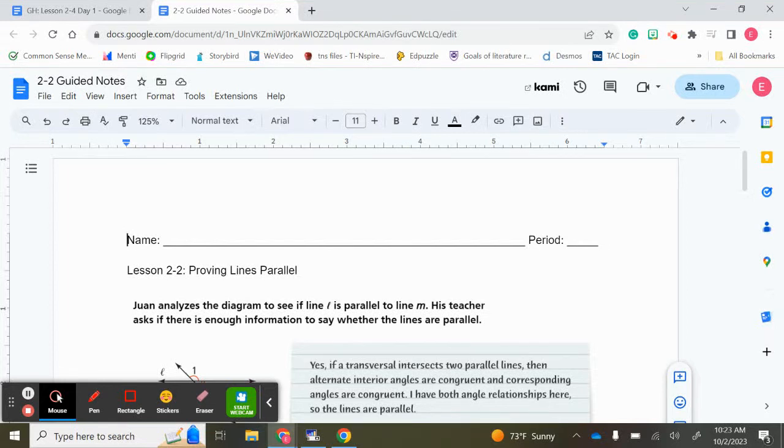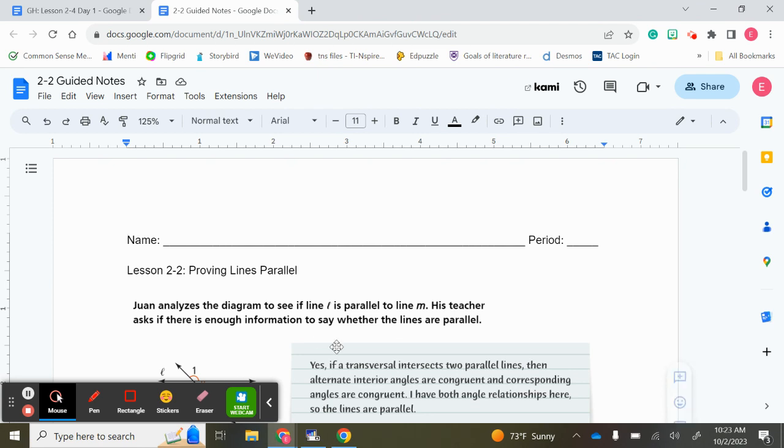Okay, so lesson 2-2, we are proving lines parallel. Everything you did in that warm-up was showing that angles were congruent or supplementary. Now we are going to take this process and flip-flop it. That means we're going to see if angles are congruent or supplementary to prove that the lines